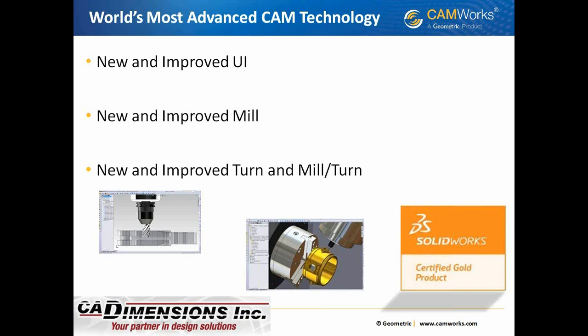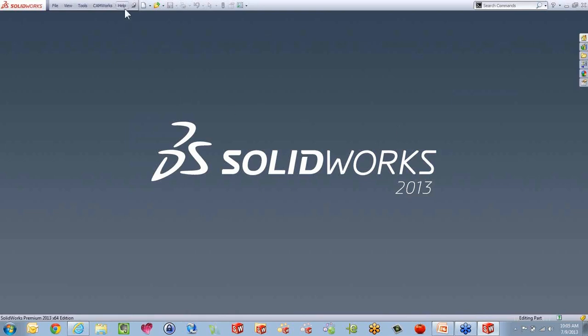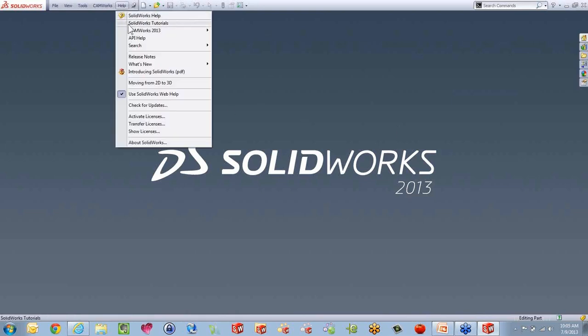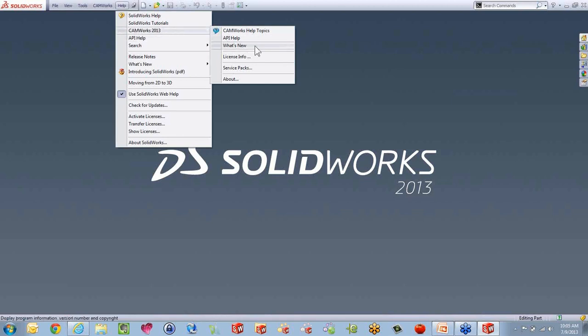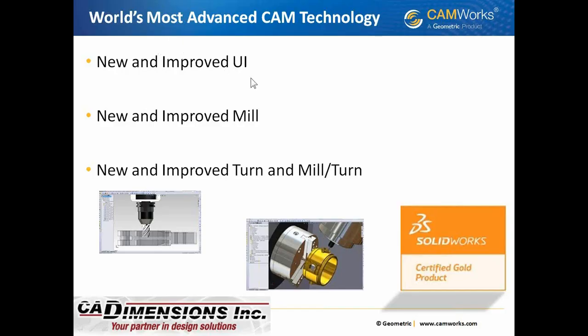I want to show you though, if we jump over to the SolidWorks aspect of it, and you have your CAMWorks add-on turned on, that if you go to Help and go to CAMWorks, in here there is a What's New, and this is where you will find a lot of the things that I'm going to show today. If you want to get further into the depth of stuff, open up that PDF document, and you will find a lot of the things in there, also things that have been fixed over the different versions. So the idea behind this is, let's talk about what's new and improved in the